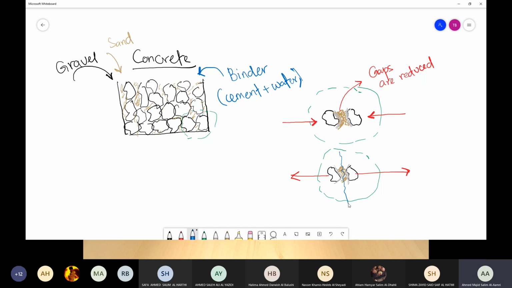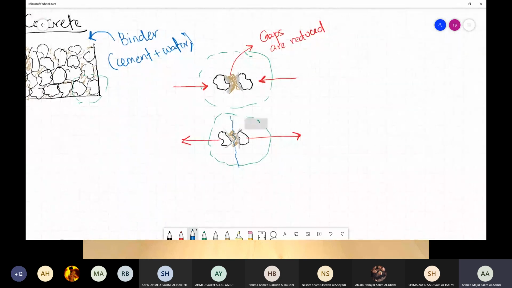Okay. Can we give another example so you easily understand? Let's say that I have a pen and I have another pen, which are representing the gravel here. I wanted to connect these two pens together, so I used tape glue and glued them. To understand any structural concept, try to relate it to things surrounding you, so it will be easier.